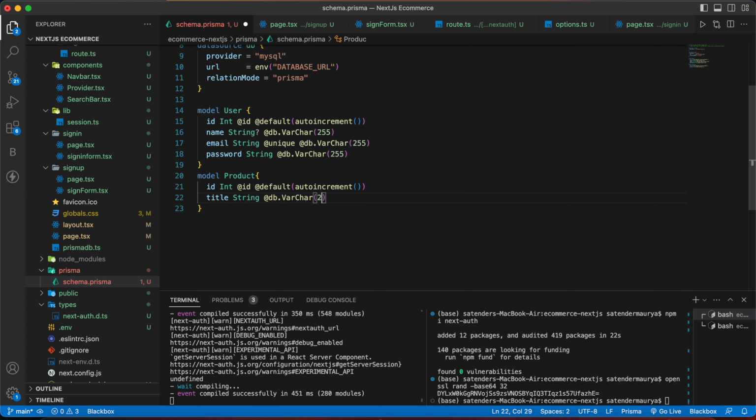db.varchar 255. Then description, type of string, and since the description will hold lots of text value, we have to assign its data type to text. You can also use long text if you want to. Then we are going to have a category, string, then style, string, store, string,